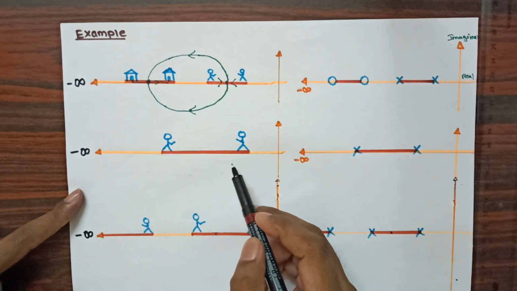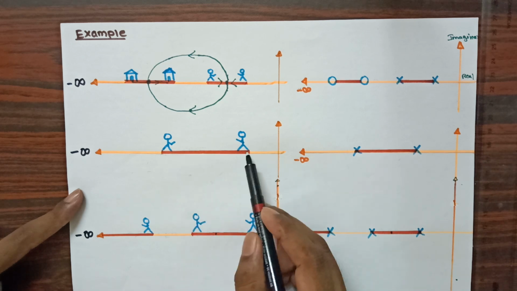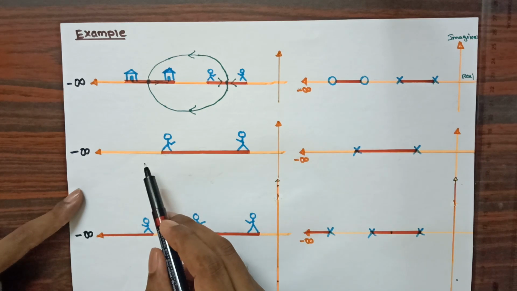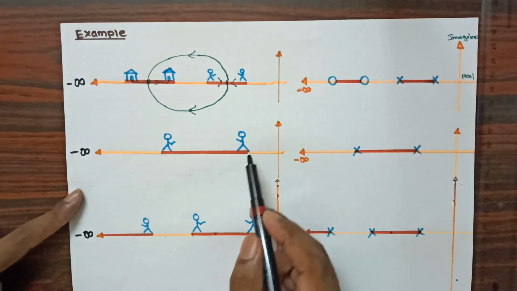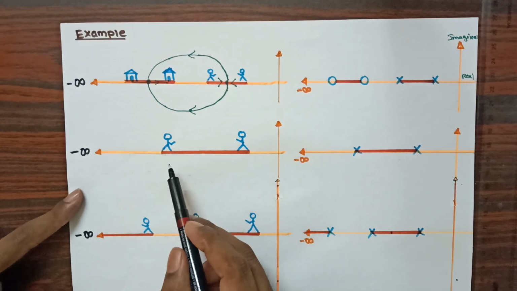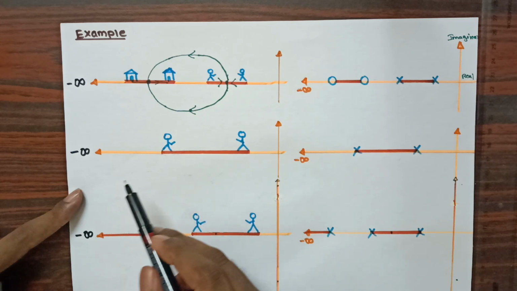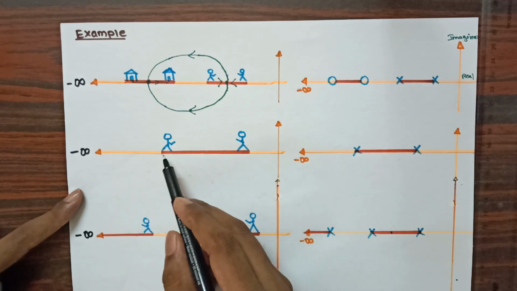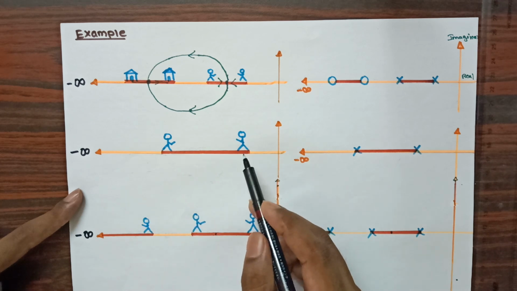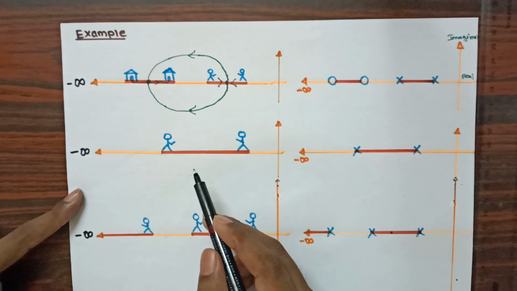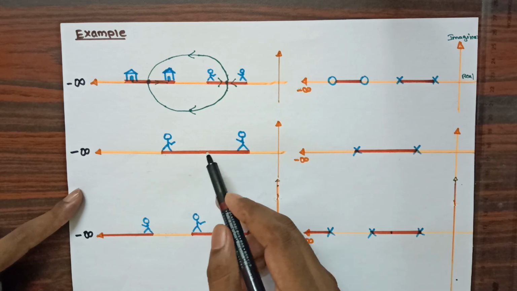Now next in this example you can see I have considered only 2 persons. There are no huts for these 2 persons. That means I have not given any destination for these 2 persons. That means these 2 persons will move to infinite destination. When 2 persons are moving to infinite destination, I need to provide them an angle to move to their infinite destination. Now to provide an angle I need to consider a point.